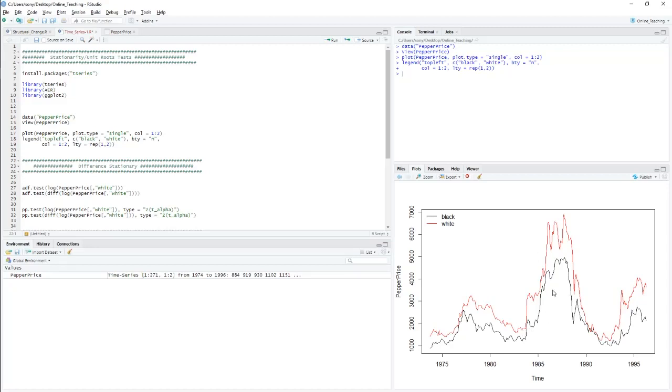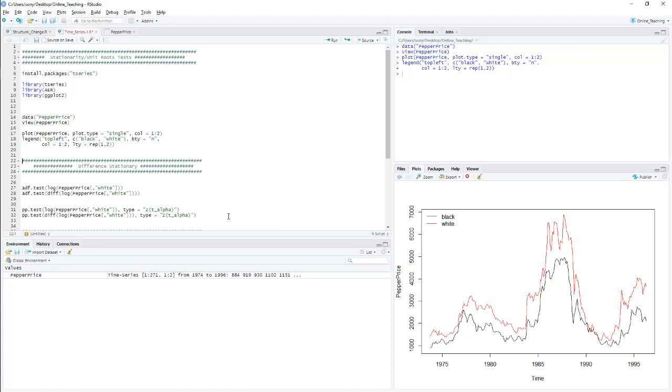It is non-stationary data. In this period, it is not reverting back, so it is non-stationary data, but we have to test it formally. As I told, there are a number of tests for non-stationarity and stationarity of the data.